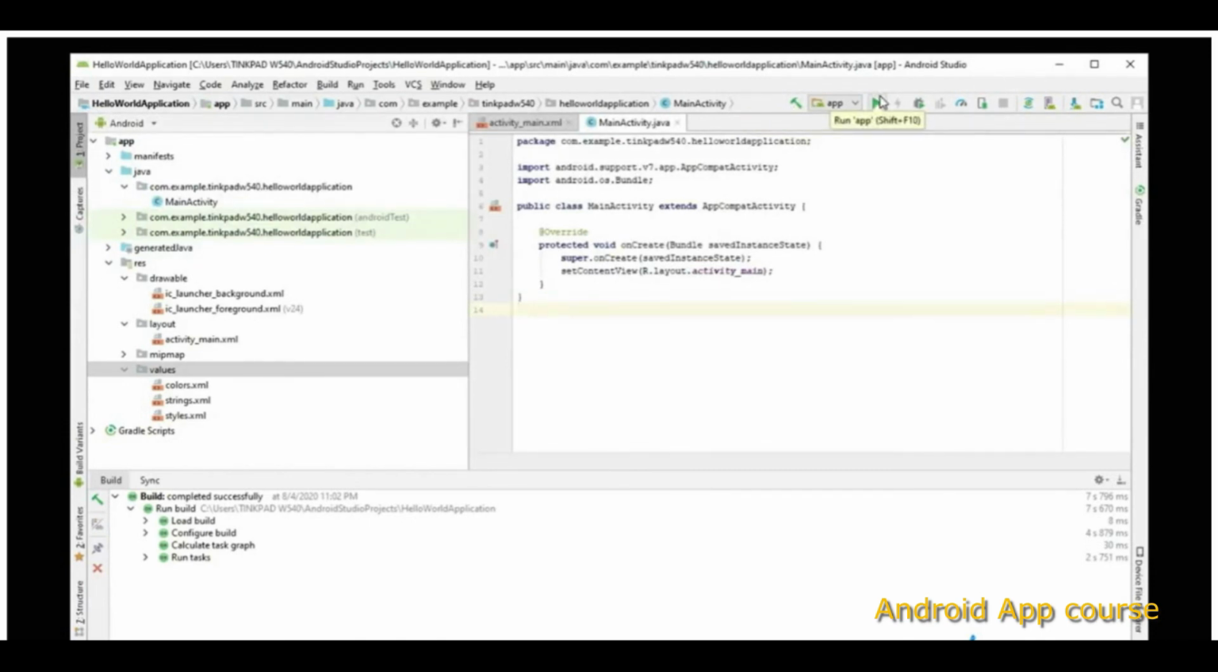It will be beneficial for you if you remember the shortcuts, and it will make life a lot easier in the future. Just like that, if you take your cursor to the play button, it will show you the shortcut for run, that is Shift plus F10. Beside that, we have